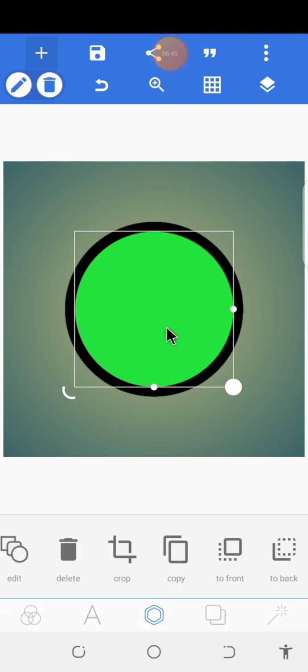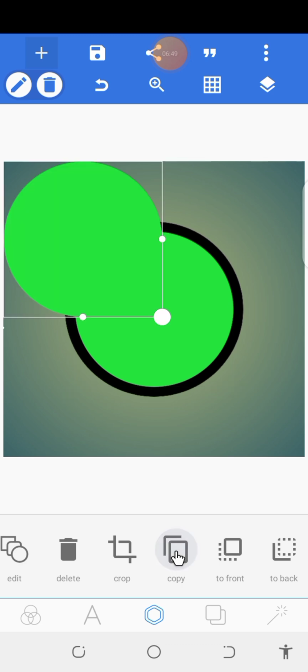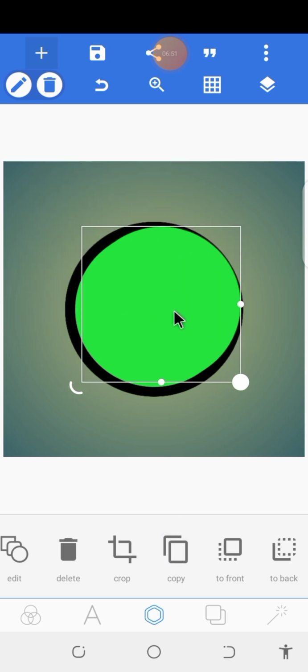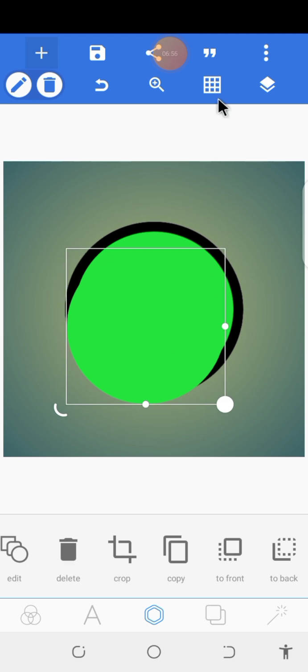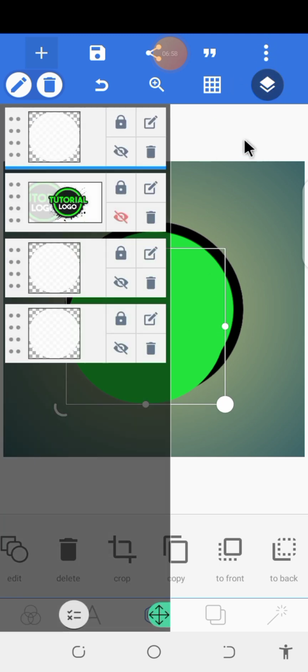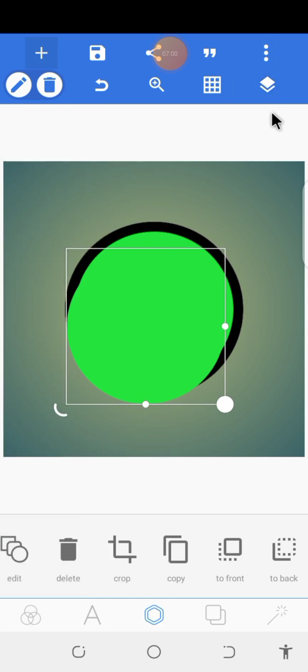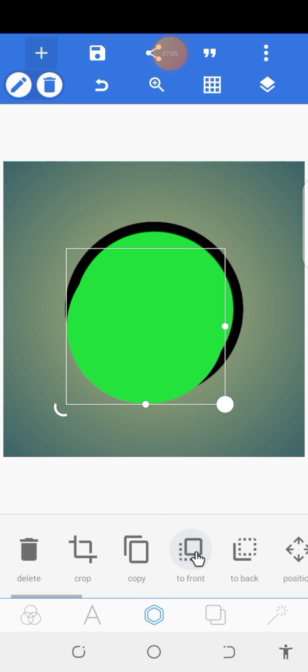So what we need to do is we copy this circle again. We are going to be making 3 circles. We copy this circle again, then this one too, we are going to be making it black again. So let me check my preference. Yes, we are going to be making it black again. So we come to colors again,